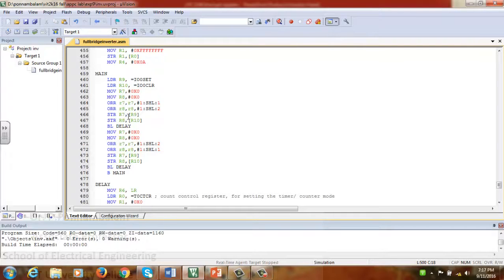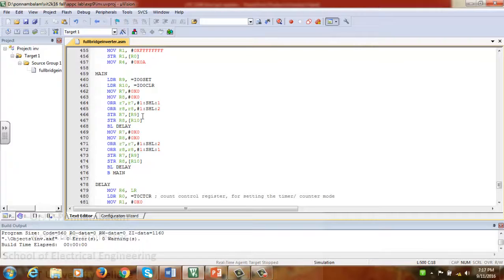So R7 is supposed to be 2, which I am putting in the IO0 set, and R8 has a value 4, which I am putting inside the IO0 clear register. So the port pin P0.2 will have 0, while port pin P0.1 will have 1.